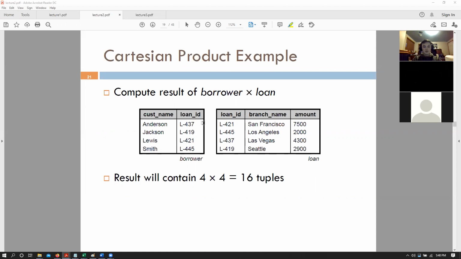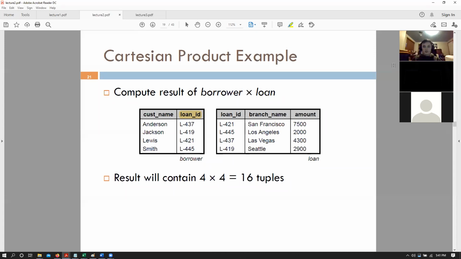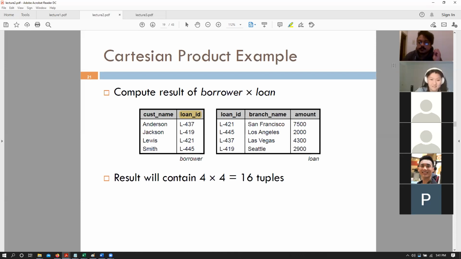But if I say that loan ID is also in borrower, what does loan ID become? Is it a super key, candidate key, primary key, or a foreign key? What is loan ID in borrower? Remember, when we have a primary key of a table in another table, what is it called? Any clues? Is it foreign key? Foreign key, exactly, right? Because we are referencing another table's primary key in our own table. So in this scenario, loan ID is our foreign key.